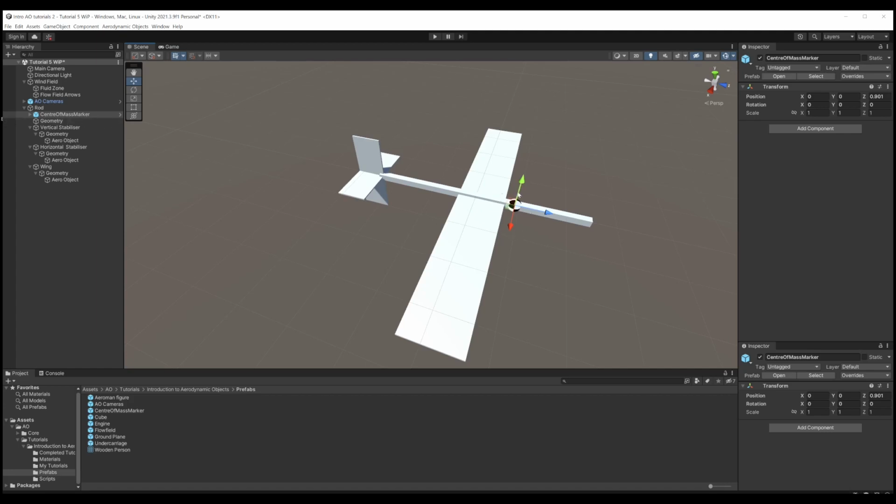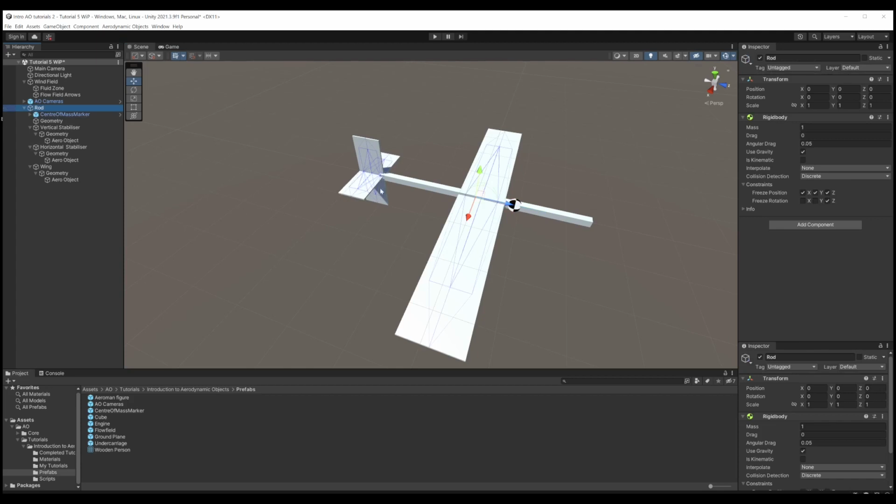That's just some graphics, but what we actually want to do now is have a little bit of code. What that does is take that position, and the centre of mass of the rod will then be moved to the position of that. So on this object here, I'm going to add a component, and what we want here is a script called Aircraft Manager, Aircraft Manager Tutorial 5, and it's asking for a centre of mass marker. So if we drag that in there,